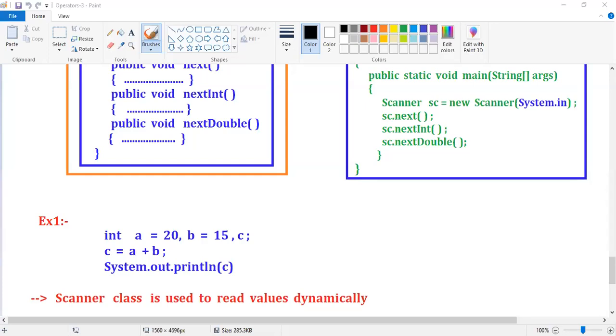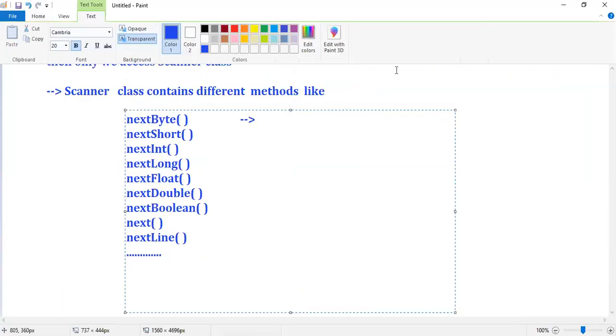Now observe nextByte. What is the purpose of nextByte, guys?